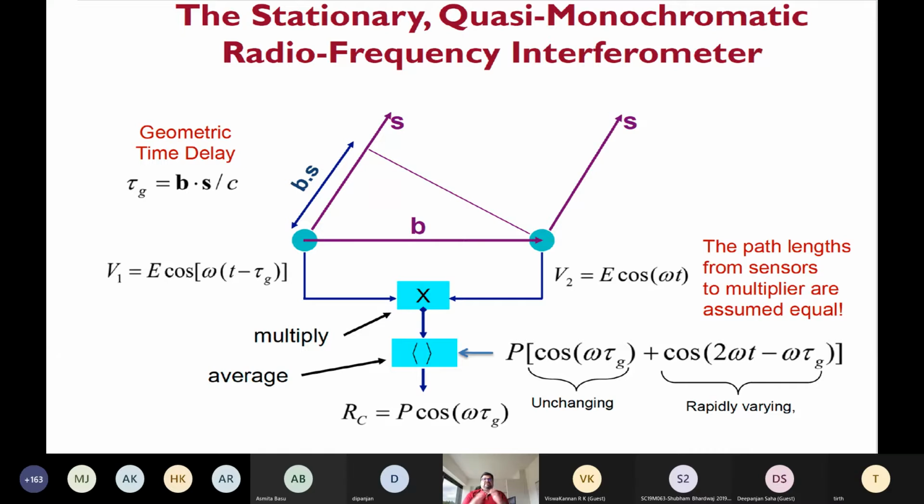Now, as you know, no receiver can be built as monochromatic, so there will be a bandwidth involved for any receiver, any detector you make. So there will be a number of channels involved. And in fact, we will come and discuss that the more bandwidth you have, the better it is, because you get more information and can deduce more about the source from a wider band receiver. So as the number of channels increases, as the number of baselines increases, your computation also keeps increasing. Okay, that has to be remembered.